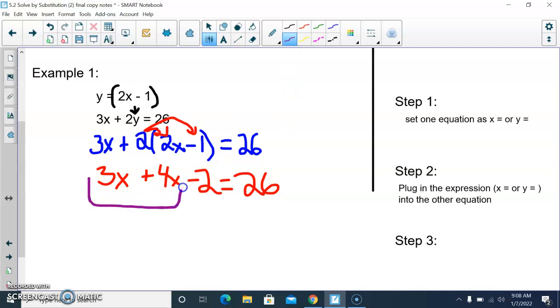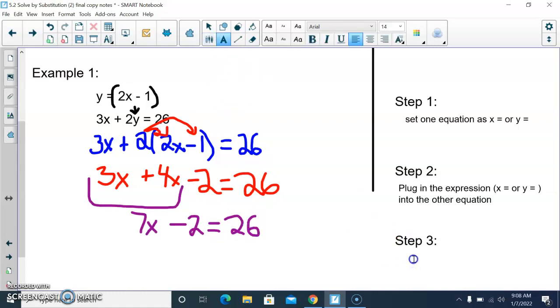Then we're going to combine our like terms. 3x plus 4x is 7x, minus 2 equals 26. So our third step is to distribute and